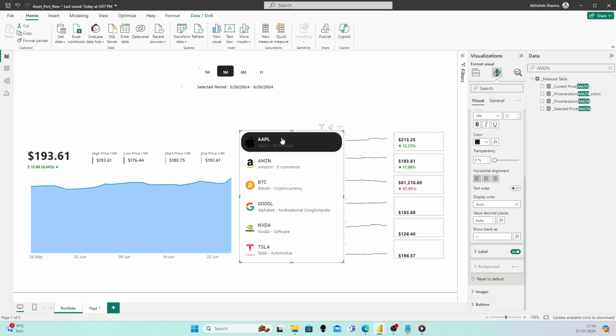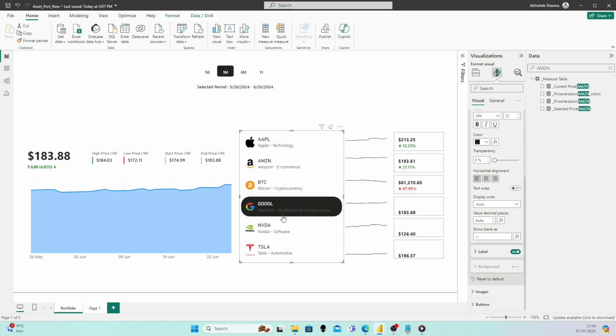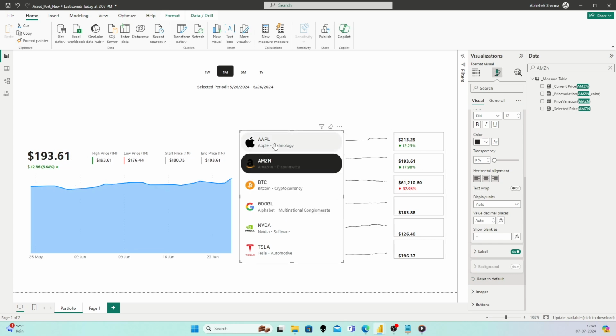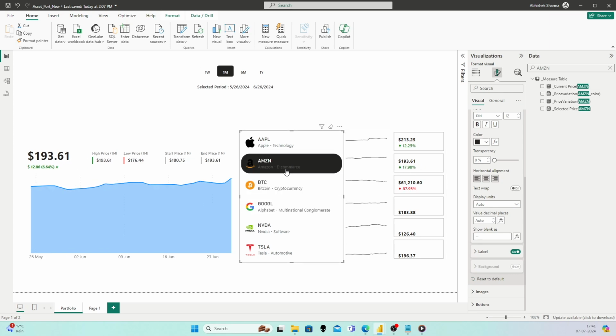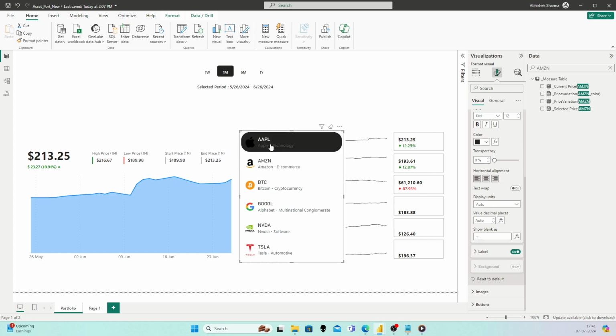There is something wrong. To see these are changing, right? Let's see what's wrong here. So this type of UAT thing you have to do while building such kind of dashboards. Let's make it a good exercise, right? In Amazon, we see the variation is 6.64. In Apple,